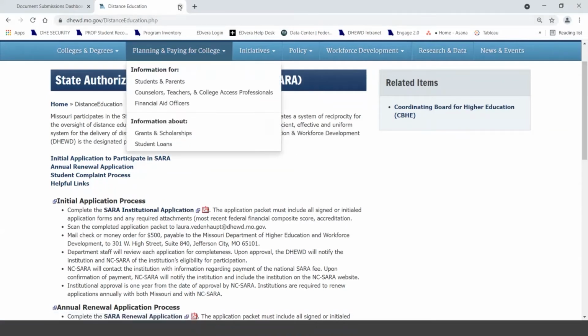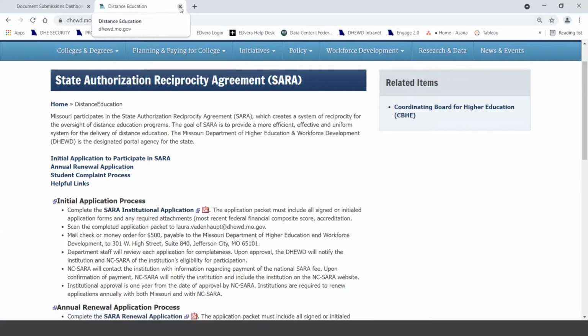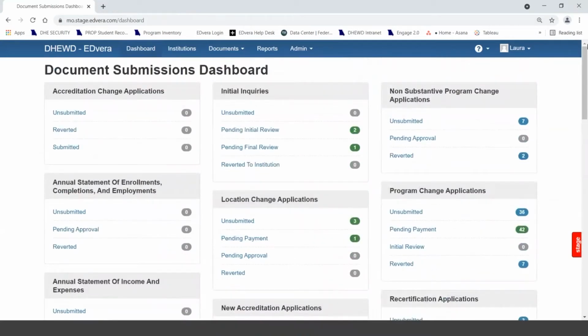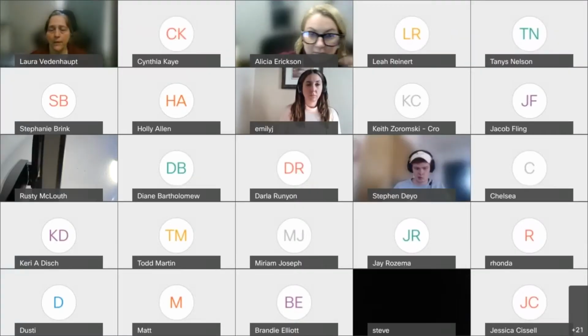So what that is going to look like for my certified schools, you will already know this entity, but it's called EdVera. And excuse me. It is an online workflow system. It is cloud-based. So wherever you are, if it has Wi-Fi, you have access to it.